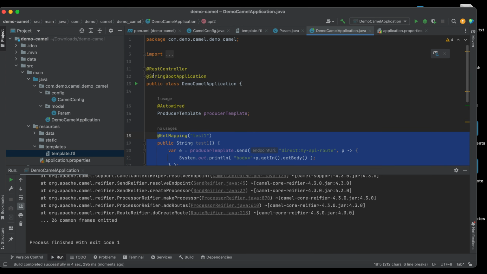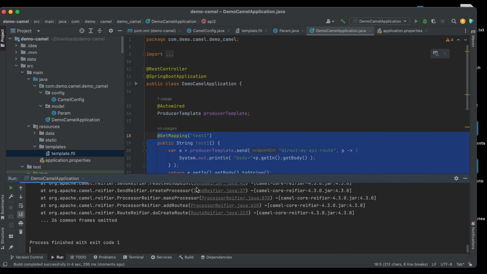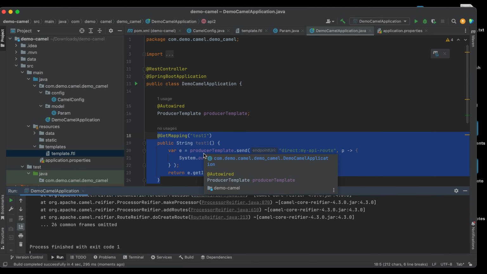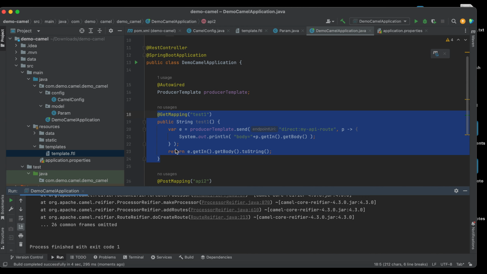This is using the REST controller of Spring Boot. But for this demo, I'm going to show you another way to expose an endpoint. So this time we are not going to use the test controller. We're going to use the Apache Camel REST endpoint.